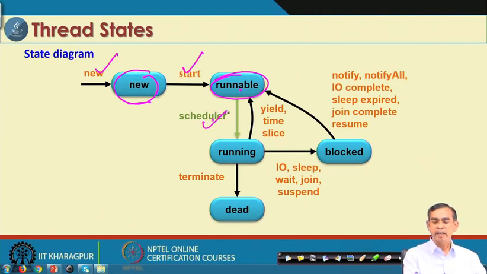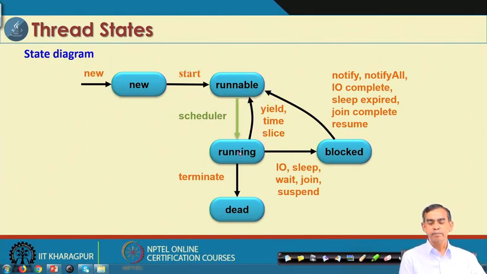When the scheduler calls it, that is yield, and a time slice is allowed to each thread, in a time-sharing manner, sharing the different resources such as the CPU. This is totally the paradigm of the Java runtime manager, which we should not bother about, but it basically works like this. So, whenever it is scheduled, it is running.